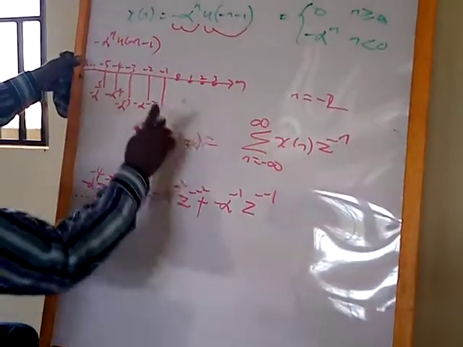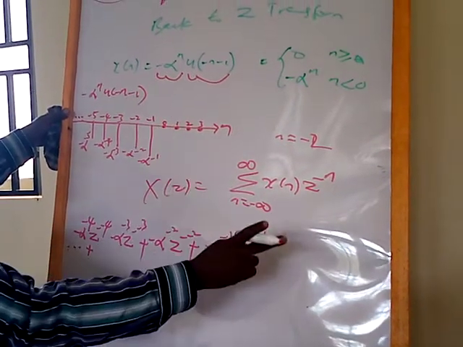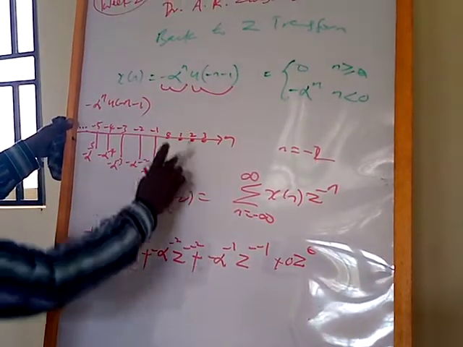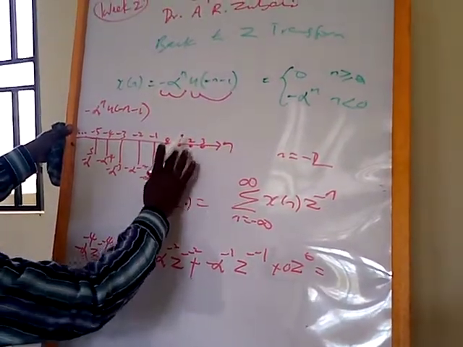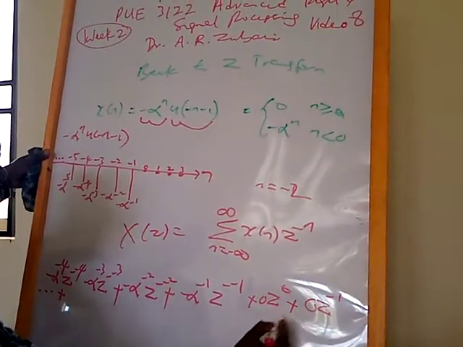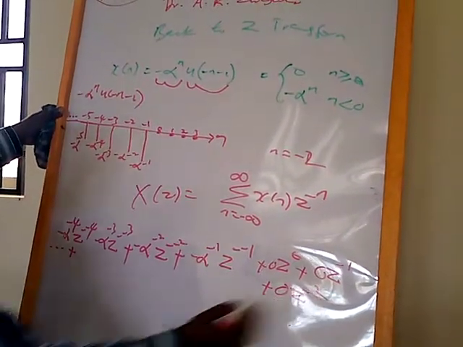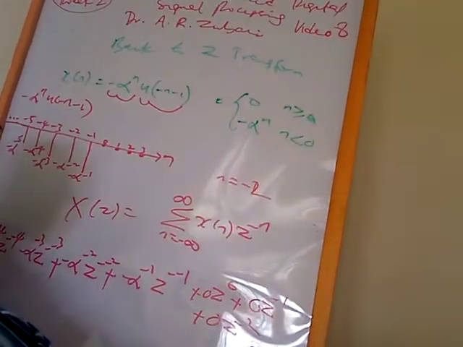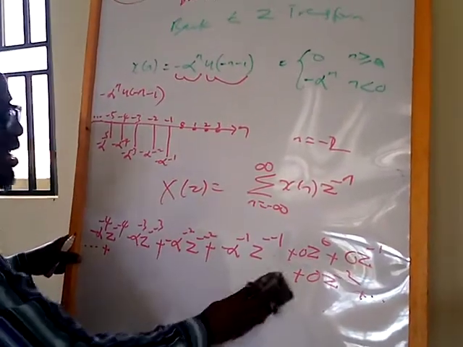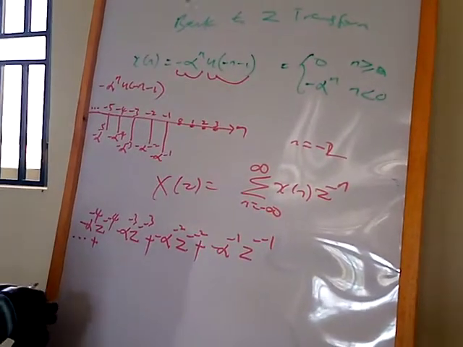On this side, if n is 0, x of n is what? 0. So that will disappear. It will be like 0 multiplied by z raised to power 0. When n is 1, the sample is 0, 0 raised to power minus 1. I'm supposed to say plus. Plus, when n is 2, this will be 0, 0 raised to power minus 2. And I can continue like that. But the ones here, since they are 0, 0, 0, they will be 0. I can as well remove them. So, this is my X of z